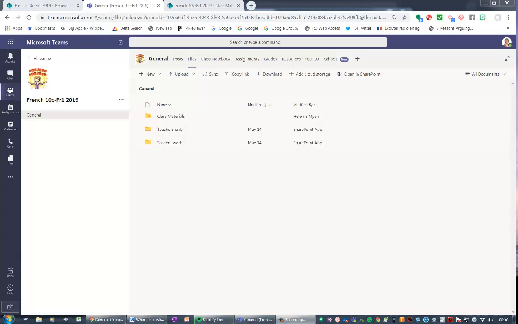I just actually paused them because suddenly I couldn't see the class materials, and I didn't know why, but I clicked away and then I came back and then they appeared again. So I'm about to demonstrate the limit, one very, very small, but it is a little bit of a limitation,